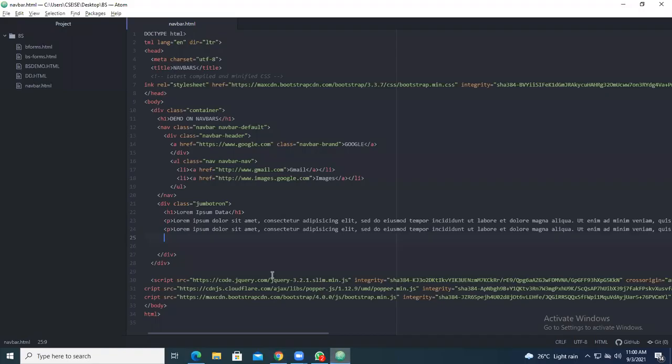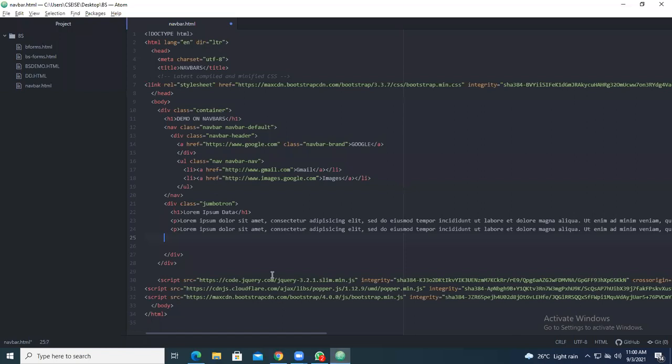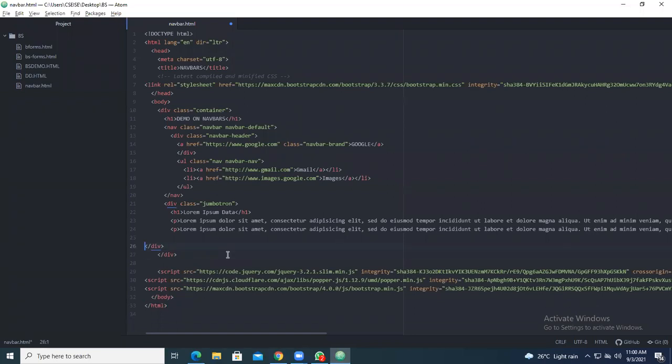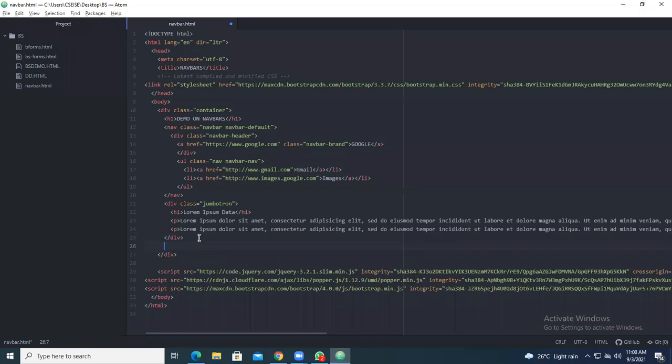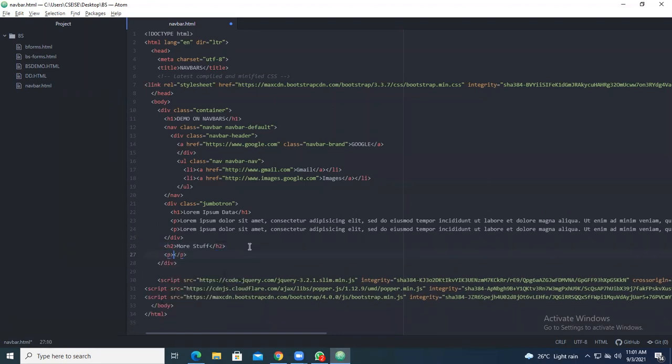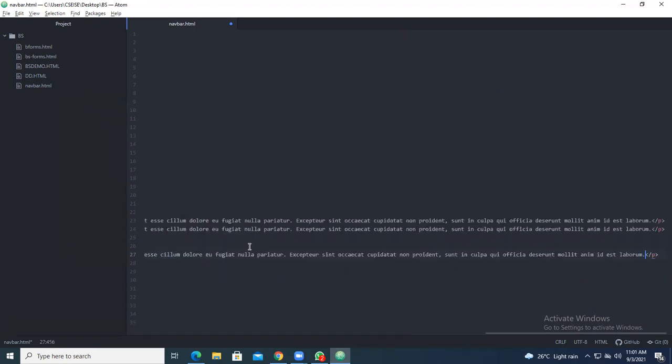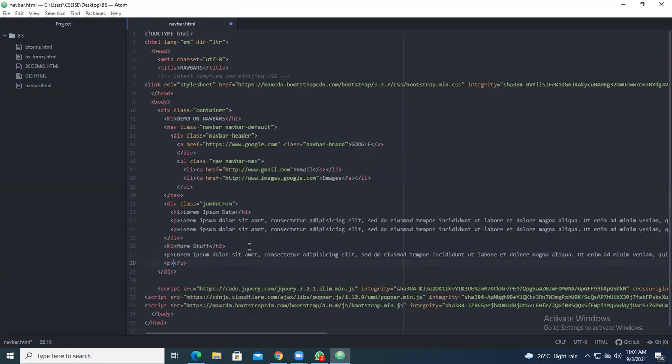Suppose you didn't give anything inside the Jumbotron class. Now you see, I won't take any Jumbotron class, and see how the data is working here. So take something called H2. You take something called more stuff. Under that, now you take a paragraph. Inside that you give lorem. So I'm just adding the contents. You can add whatever you want.